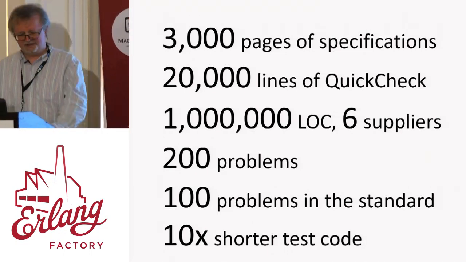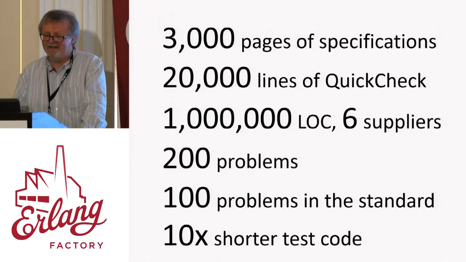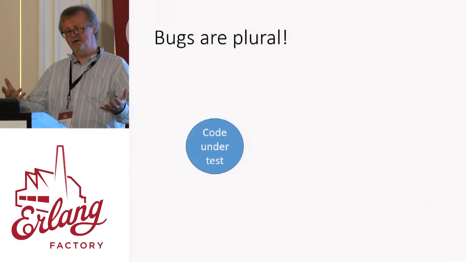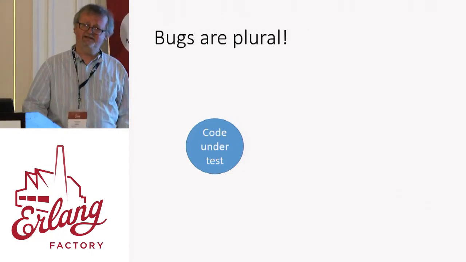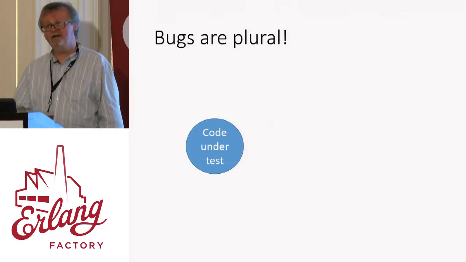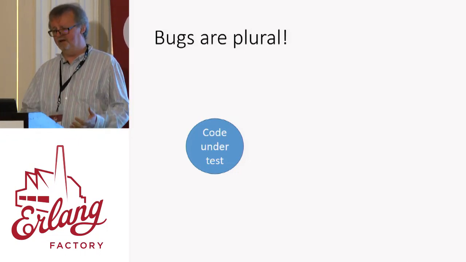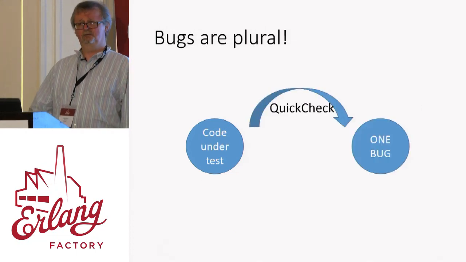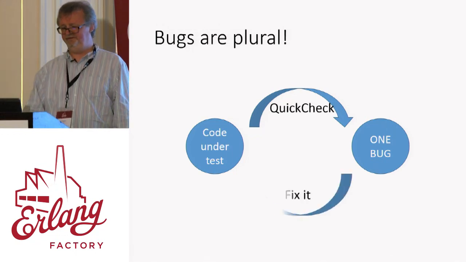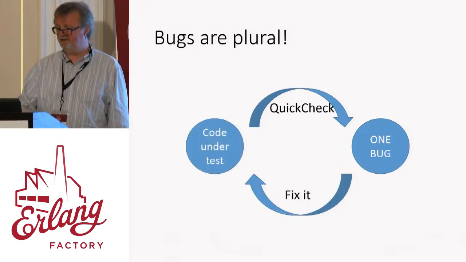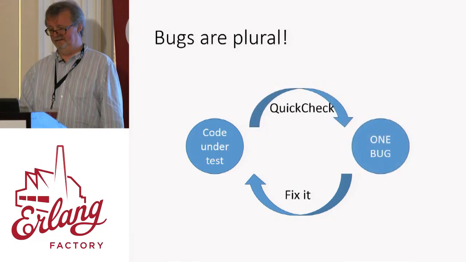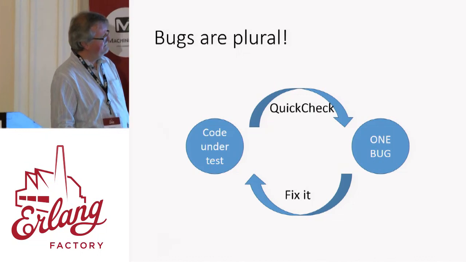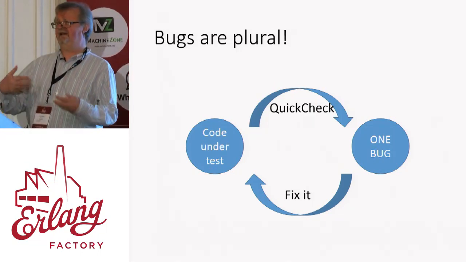The last thing I want to do is just show you 1 or 2 new ideas that came out of doing this project. So one thing that we all know, of course, is that when you have some code that you're testing, it's likely to have more than one bug in it. And the way that we have worked with QuickCheck in the past is we would run QuickCheck and we would find a bug. What do we do next? Well, fix the bug, of course. And then we'd use QuickCheck and find another bug, and then fix that one, and so on.